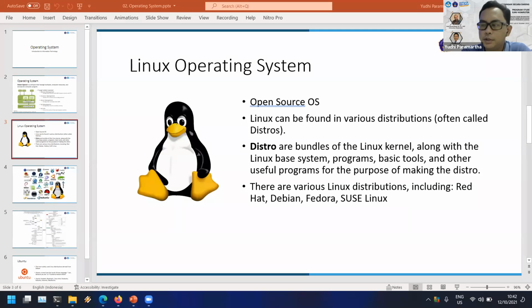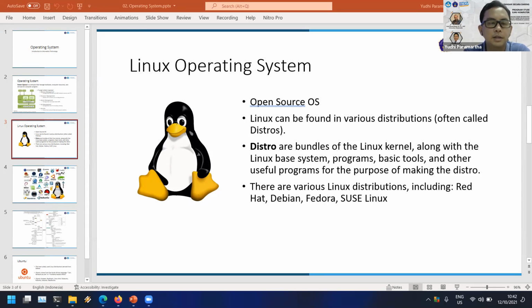So the Linux operating system is open source software, and Linux itself is called a kernel. The kernel is the core of the operating system. On top of the kernel, there is much software that is modified and configured as they need.